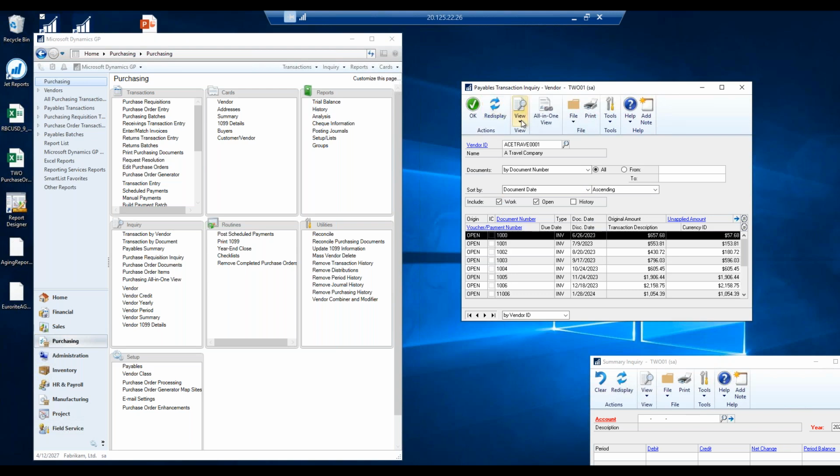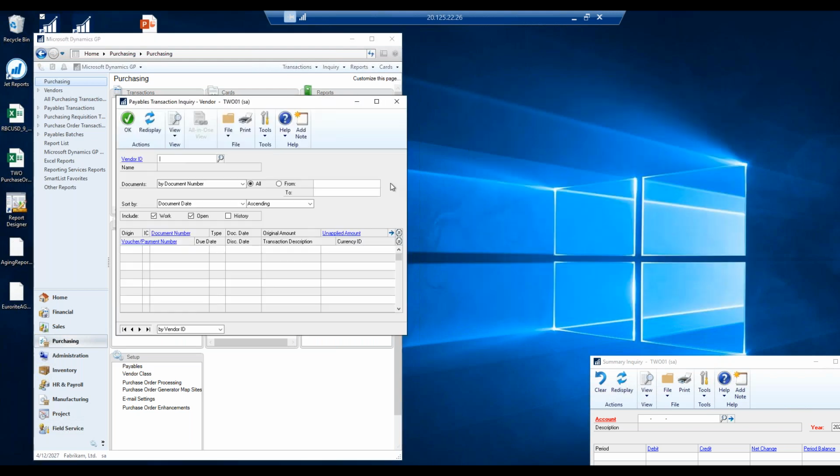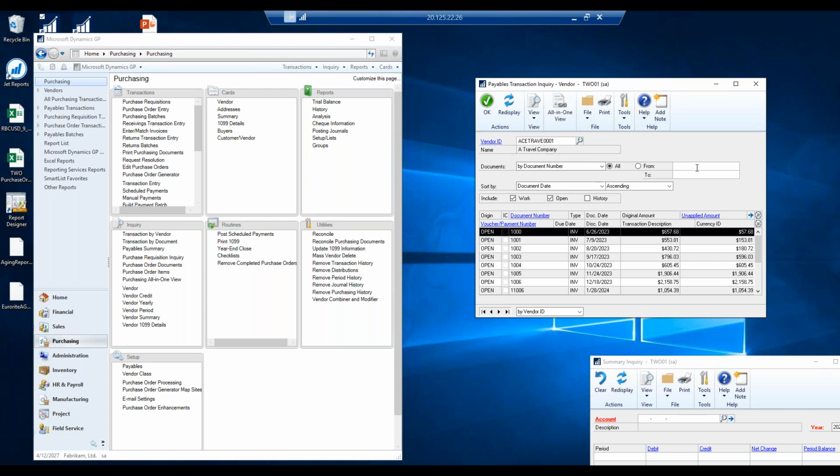But I can actually now, underneath the view button, save my window preference. So if I click the save window preference, there it is there. Now when I close this and I open it up again, you'll see that the history button is unchecked, document date is there, and now when I go Ace Travel, I get the view that I'm looking for